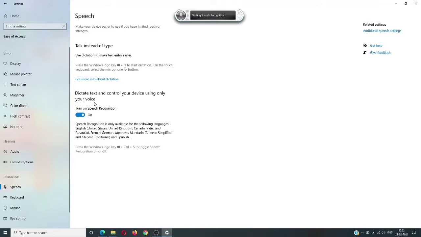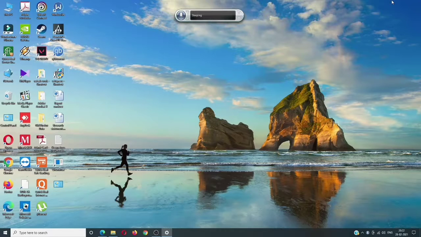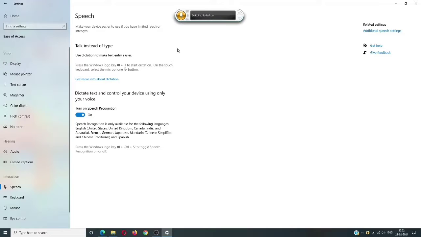After turning it on, you cannot directly access this. You have to give permissions and all that, but I have done that, so this is showing me like this. Let me show an example. Minimize.